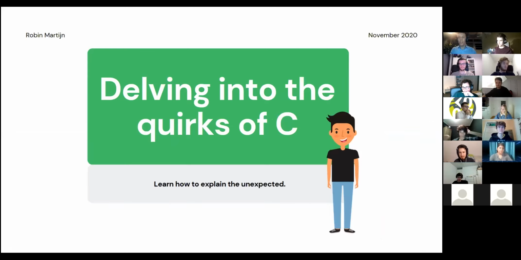I hope I'm easy to understand, but we'll try. Yeah, I've been asked to give a brief talk about the quirks of C, and I've been asked to keep it accessible. So what we're going to do today is meant to be understood by everyone. We're not going too in-depth, and we're also not going too specific into the quirks. We're just going to look at some of the possibilities that C offers, or actually used to offer, which are now a bit outdated, but still interesting to play around with.